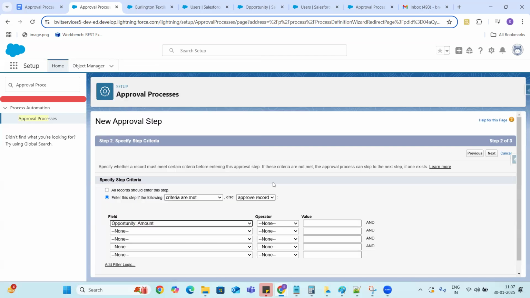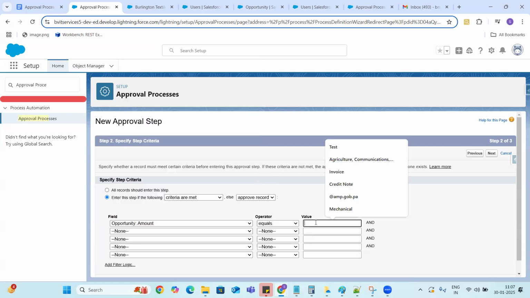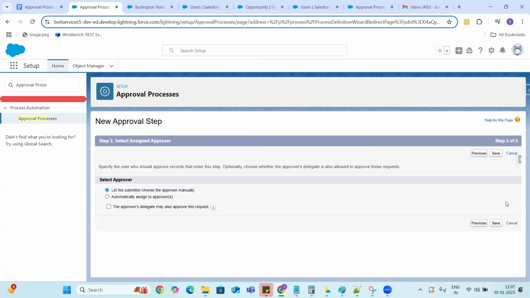So here I'm going to give the criteria. I'm clicking on next. Let the submitter choose the approvers manually, or automatically assign the approvers. This time I'm just choosing to let the submitter choose the approvers manually.